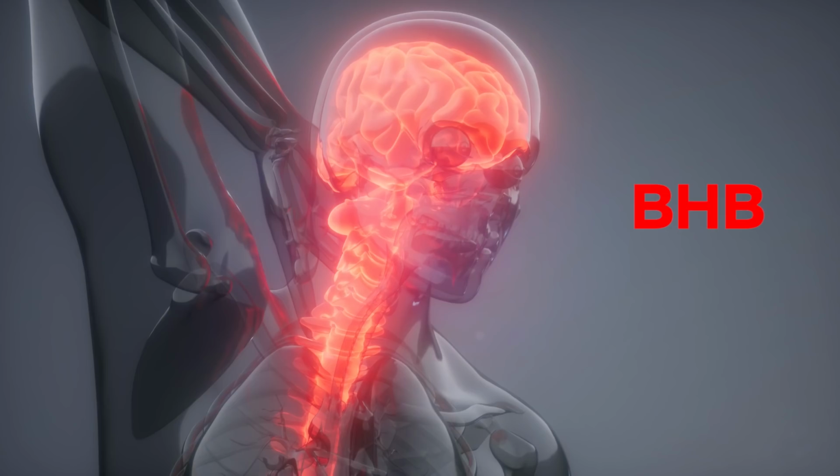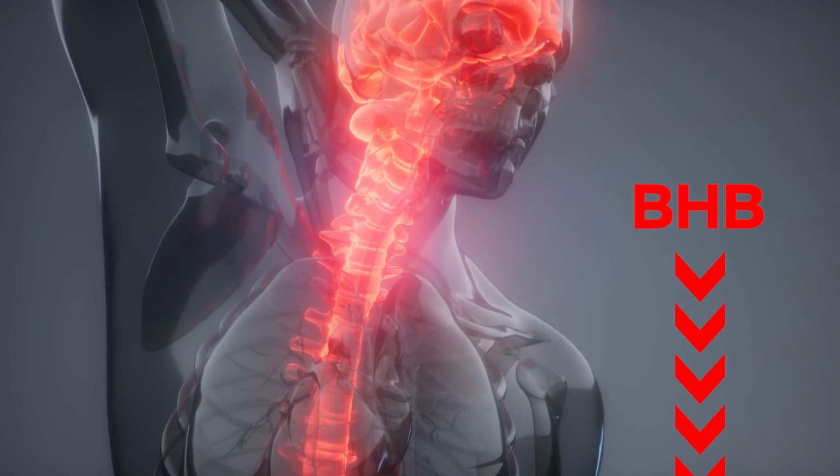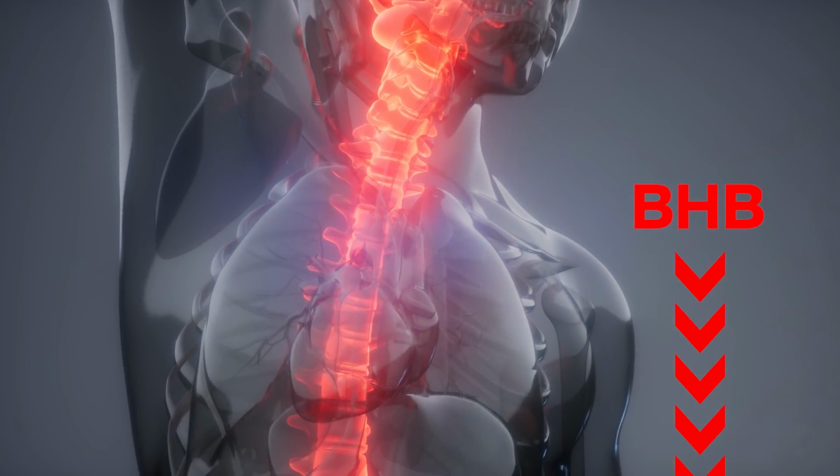The NLRP3 inflammasome is part of a complex set of proteins that are a part of our innate immune system. The inflammasome drives the inflammatory response in several disorders, including autoimmune diseases, type 2 diabetes, Alzheimer's disease, atherosclerosis, and autoinflammatory disorders, as well as in response to bacterial infection. BHB can lessen the activation of the NLRP3 inflammasome, which improves outcomes in models of inflammatory diseases